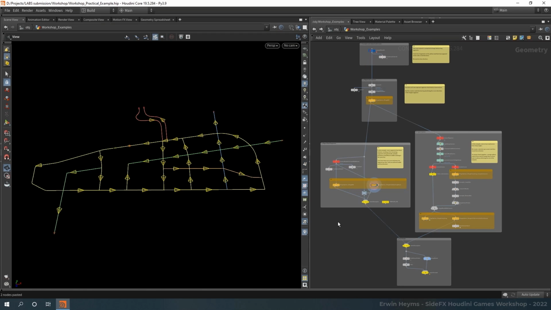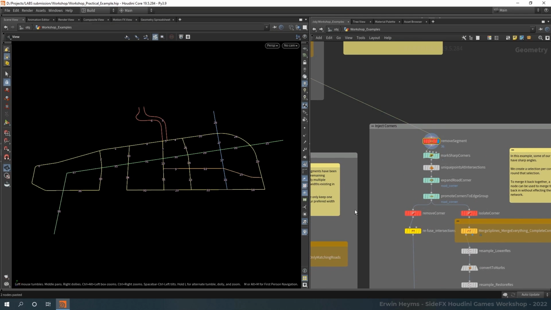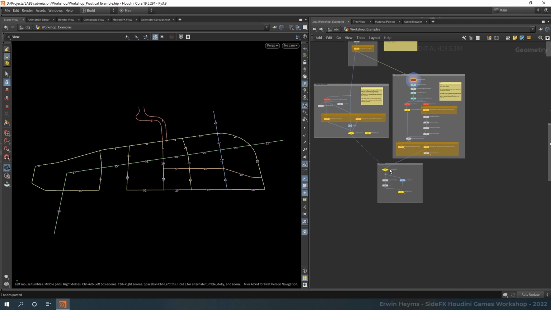Okay, so we can easily use the merge splines node to clean curves that connect and have different attributes. But let's say we want to cut some of these curves and then inject new segments in between. And when we do that, we still need to make sure that we recombine them to valid road curves. So over here, I have a situation where I have a couple of very sharp angles because I've removed this curve here. Now, if we were to try and sweep these, and I can demonstrate that, let's go down here,